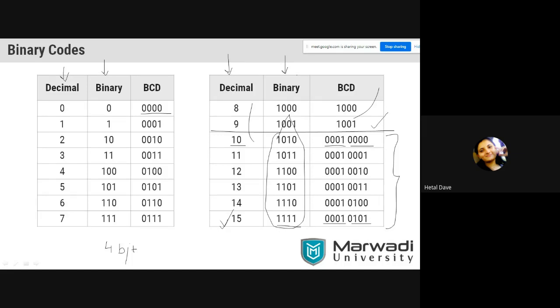You can observe the last column. The last column is the 4-bit code. A total of 16 combinations can occur. From these 16 combinations, we are using only the combinations up to 9. After this, combinations are not used to indicate a BCD number because we apply the fundamental of taking separate digits and